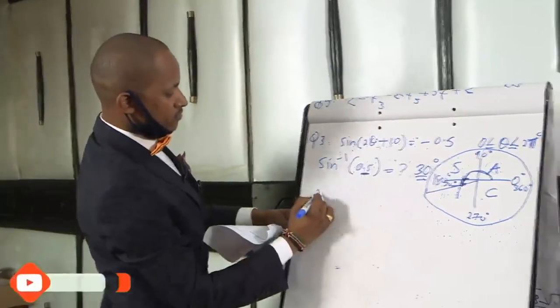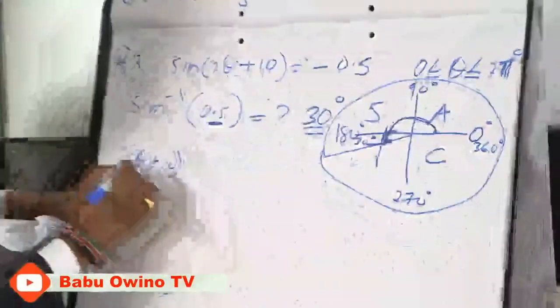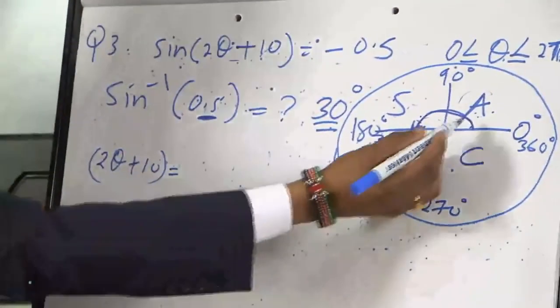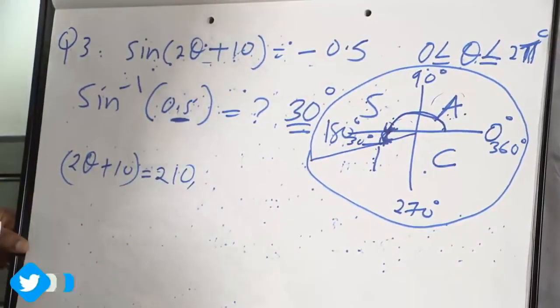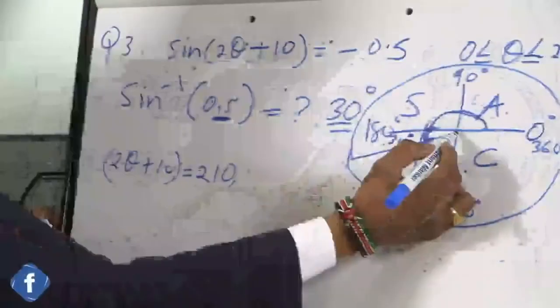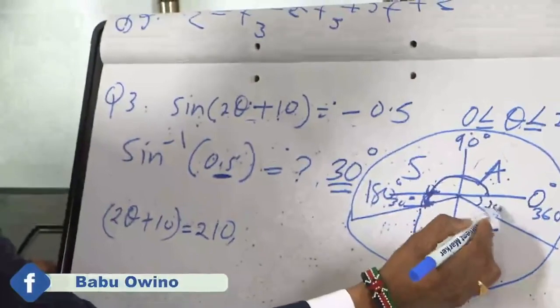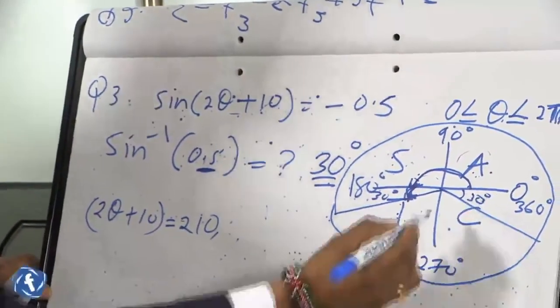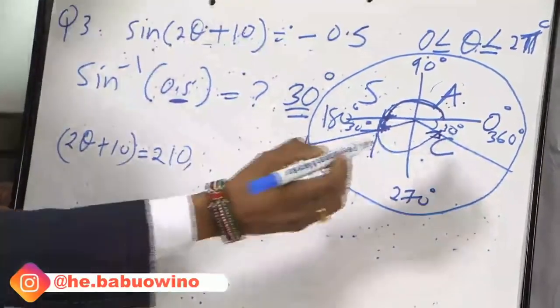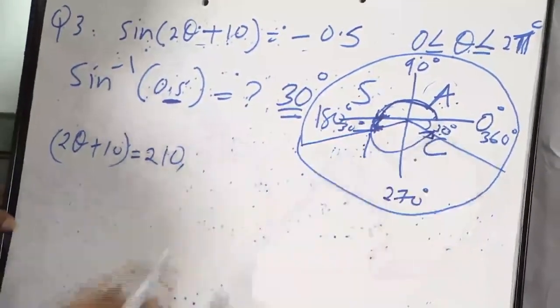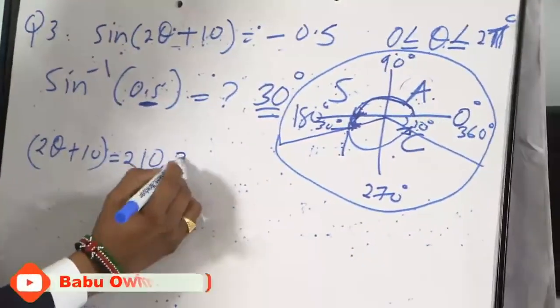Therefore, 2 theta plus 10, our first angle is 180 plus 30, which is 210. Our second angle, if the angle is 30 degrees, is 360 minus 30 degrees. You get 330